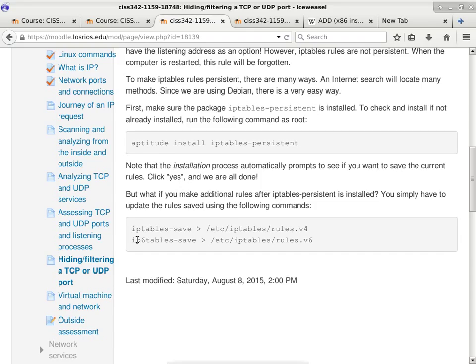In other words, it will take all the output of the first command and send it to the file that you specify next to it. So it will save the output of the first command into this file. This file is /etc/iptables/rules.v4. And next time you start up your computer, your startup script will actually go check this file. And if that file is present, then it will bring in all those rules again. In other words, you are making those rules persistent.